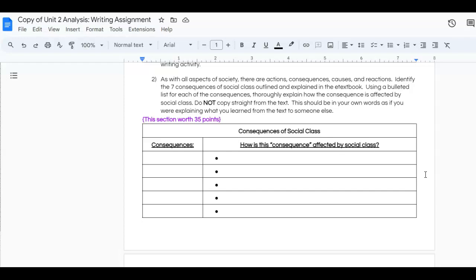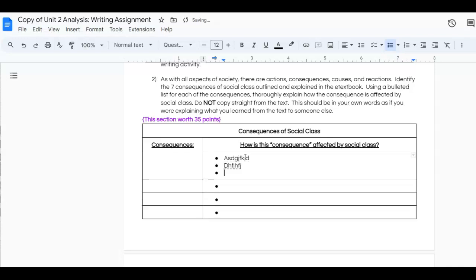You are reading the explanations from the text, and then you are explaining those consequences in your own words, sort of like if you were having to tell somebody what you learned in that section. So I do have bullets here. This is to just let you see that we are able to use bullets in this particular section.